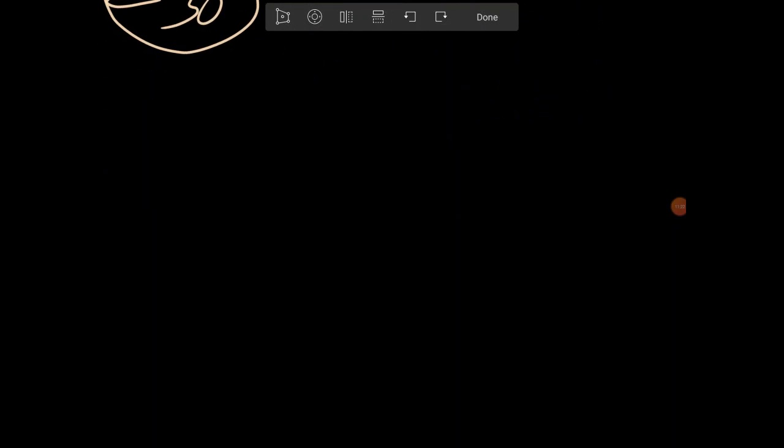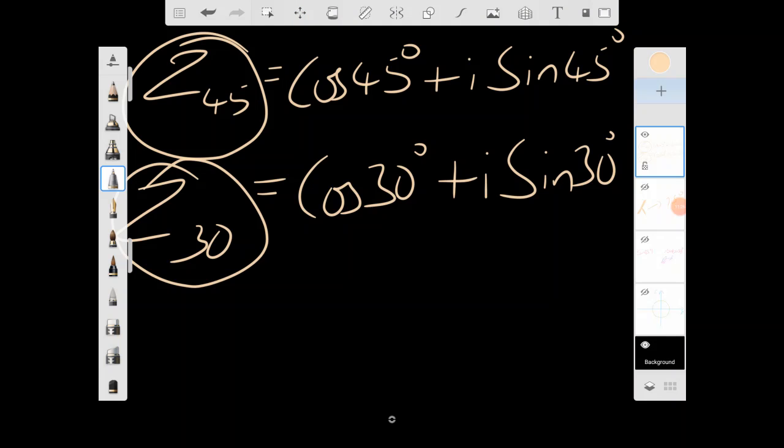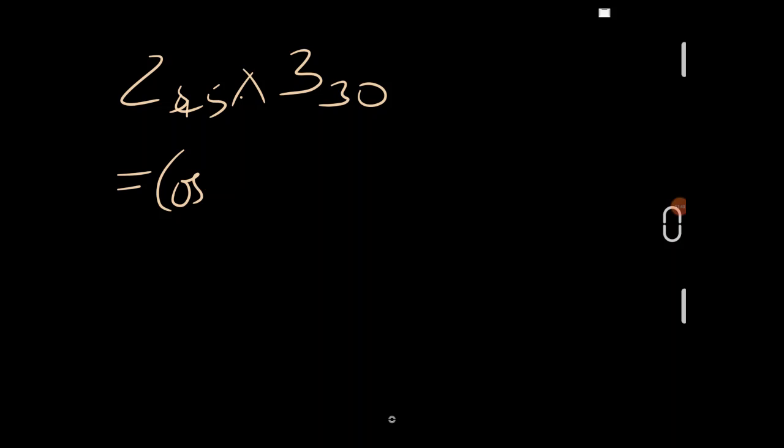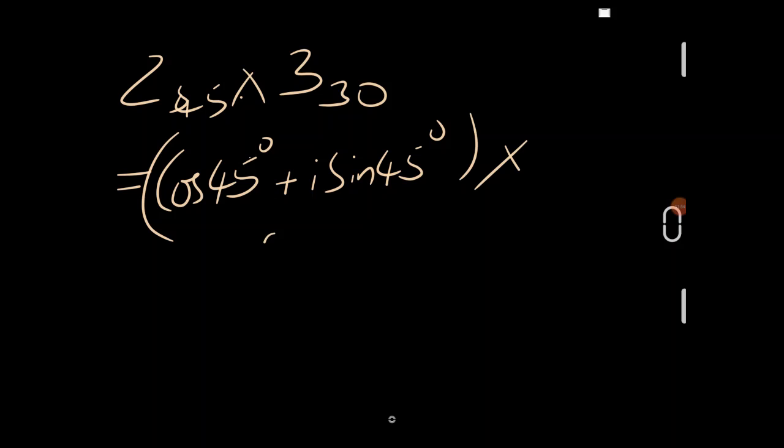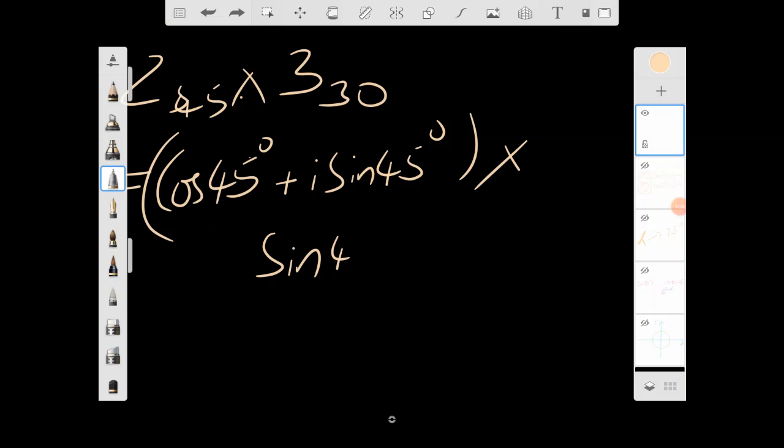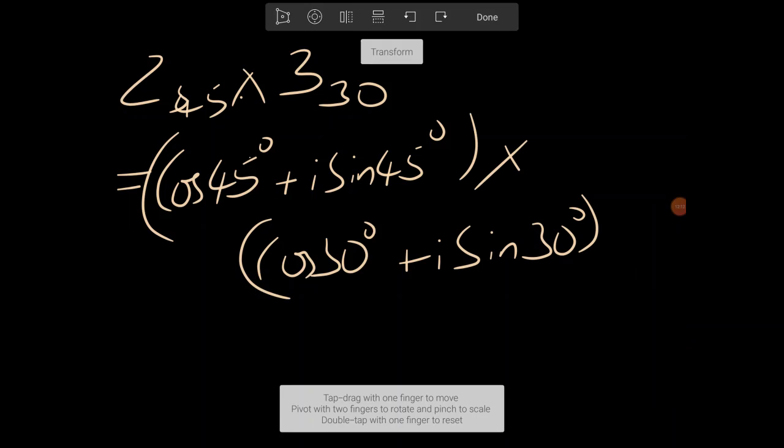So if I move it, or I'll draw it on another page, it will become set 45 multiplied by set 30, which is cos 45 degrees plus i sin 45 degrees, whole into cos 30 degrees plus i sin 30 degrees, and that will be equal to